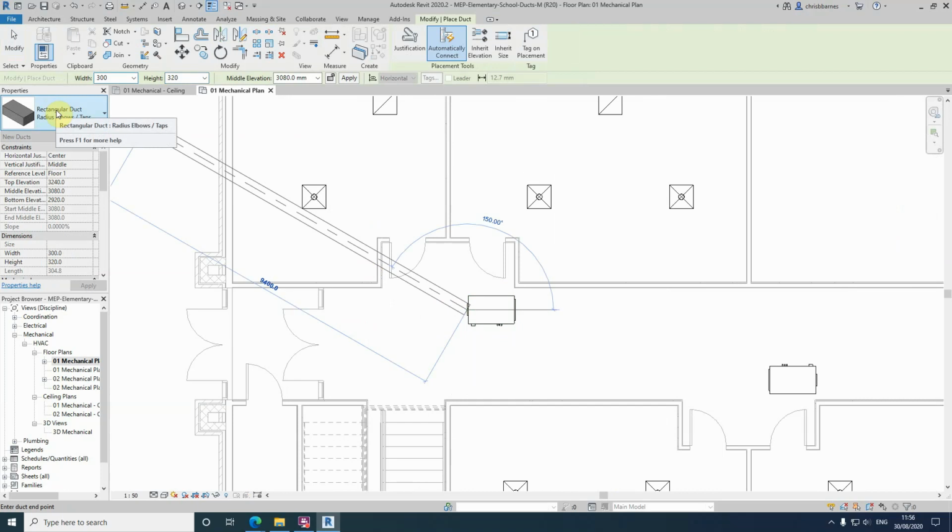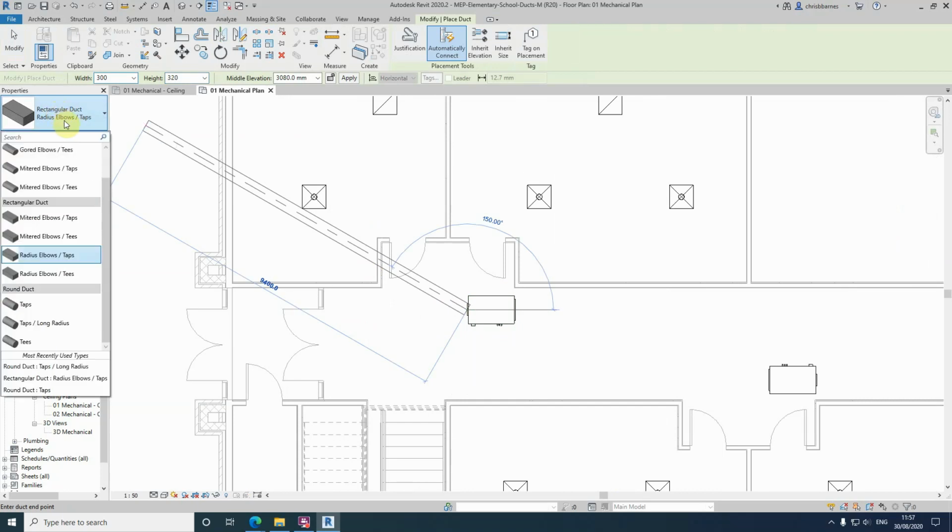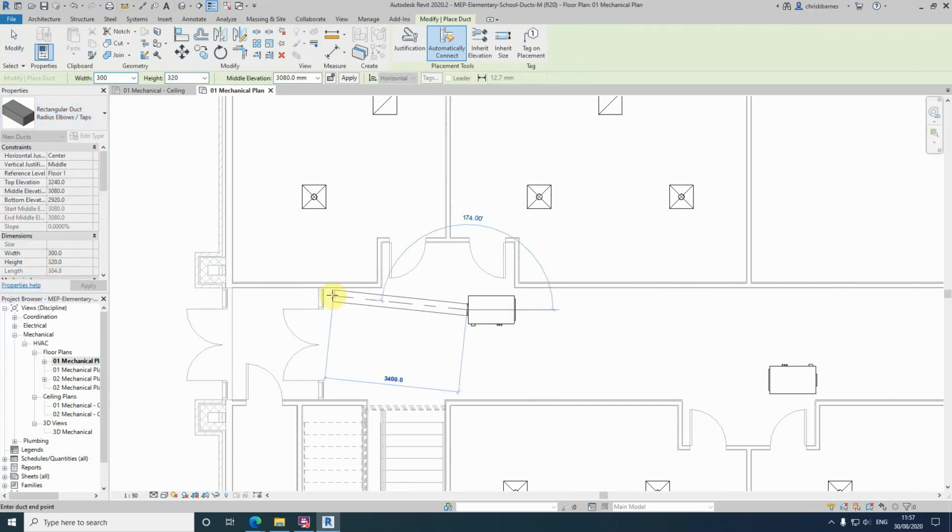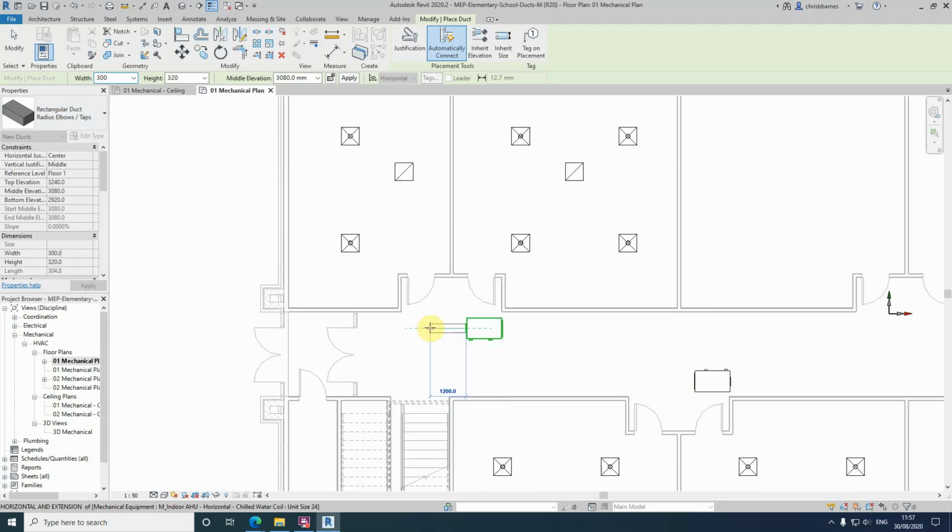We're going to go through and check our type selector: rectangular duct, radius elbow and taps, which is correct. And then we're going to draw our duct into this room like this. And then we're also going to draw from here and go through like so. Now that we've drawn this,